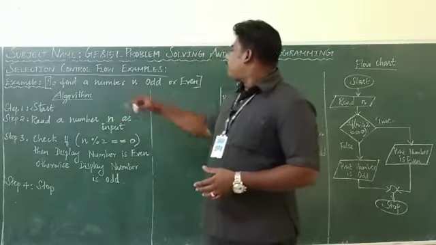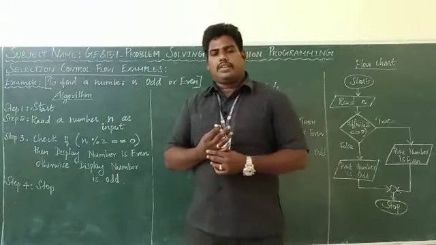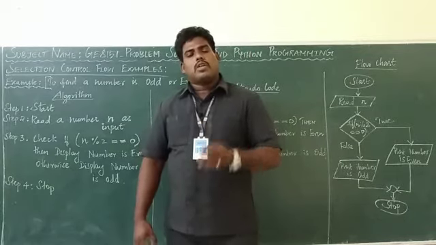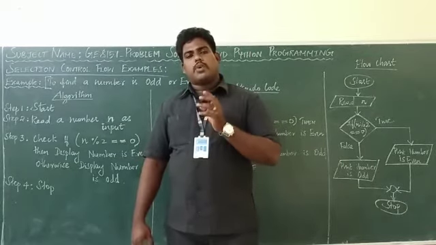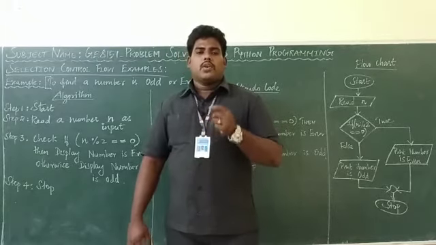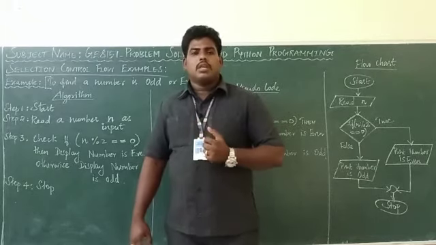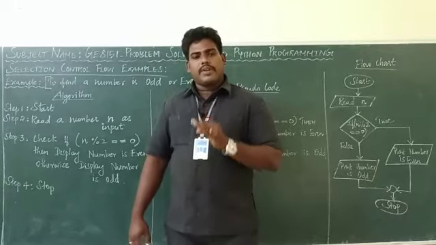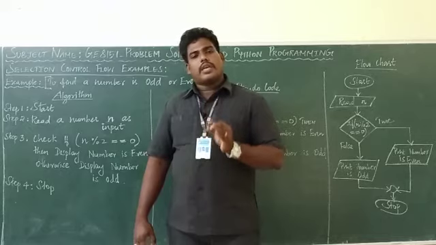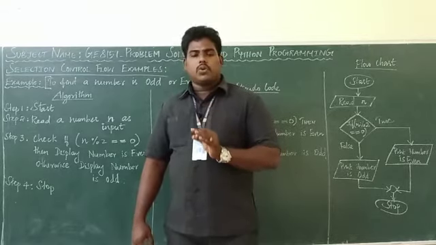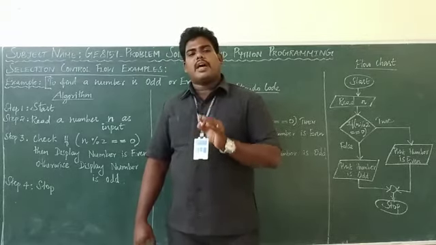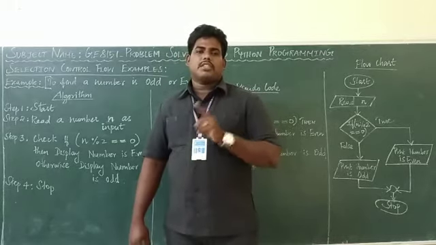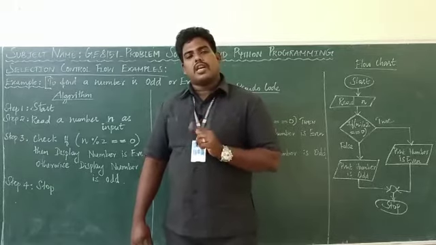Now here I am going to explain the concept of finding whether a number is odd or even. You have to write the algorithm, pseudocode and flowchart to find whether a particular input number is odd or even. What is an odd number and what is an even number? Everyone knows about that, right? Any number which is divided by 2, and if you get the remainder as 0, then we can say it is an even number. If the remainder is not 0, we can say it is an odd number.